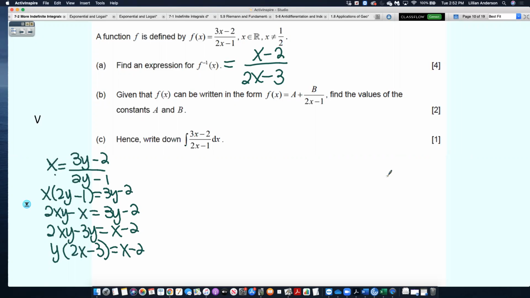Given that f can be written in the form of that, find the values of constants a and b. So if that's the case, they're talking about the original, not the inverse. If the original can be written like that, then remember, in order to be able to add these two together, you need to have a common denominator. So you would need to multiply a by 2x minus 1, and then b doesn't get multiplied by anything. All of that needs to equal the numerator of your rational function. So that means that 3 has to be equal to 2a,